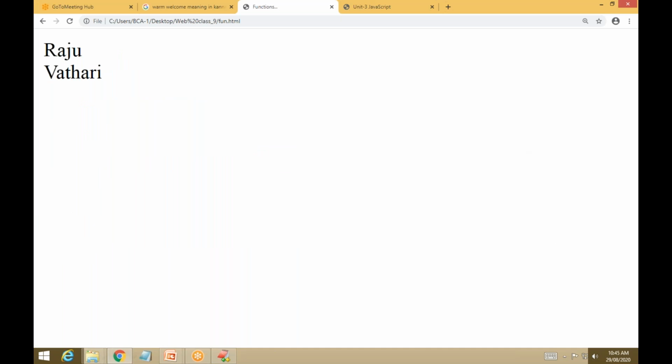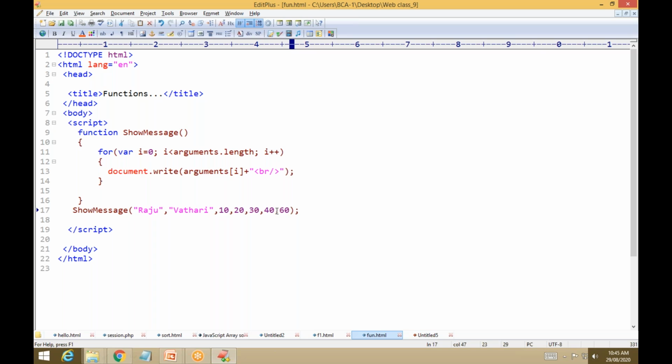See now, like this, n numbers of parameters you can pass here. That takes them as arguments and prints them using an array like this. So that is what functions are. This is how we have to create a function and how we have to write the call. These are called function calling. You already know how to send parameters, how to create the buttons, and when you click the buttons, how it displays the values. Those are called functions in JavaScript. I hope this is clear to you.